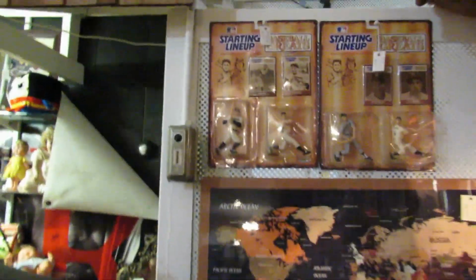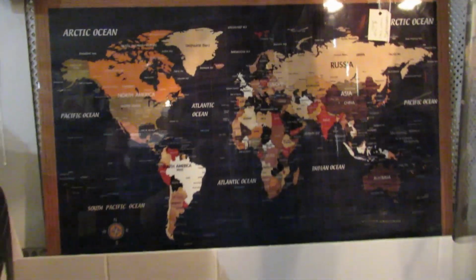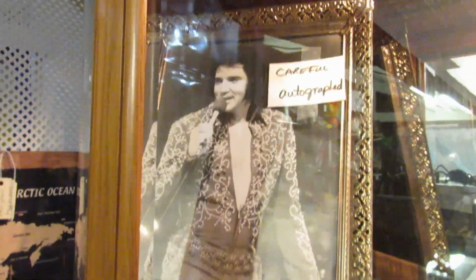I've got some really cool old Cooperstown baseball figures. I think they're $10 a piece. We got that beautiful map. There are a few scuffs to it, but I think I got like $20 on it. There's my picture of Elvis that's autographed, which is awesome. Here is